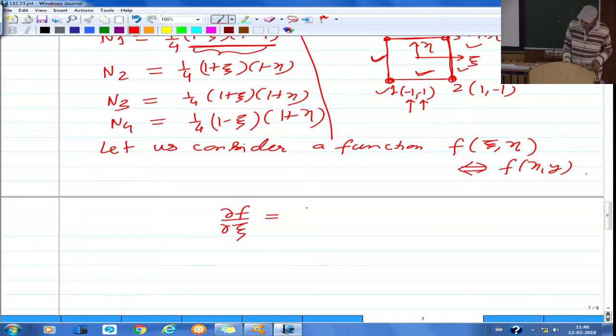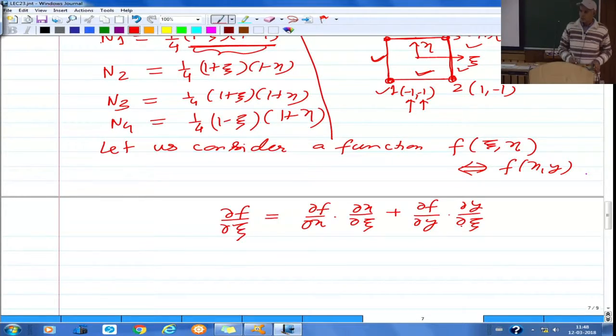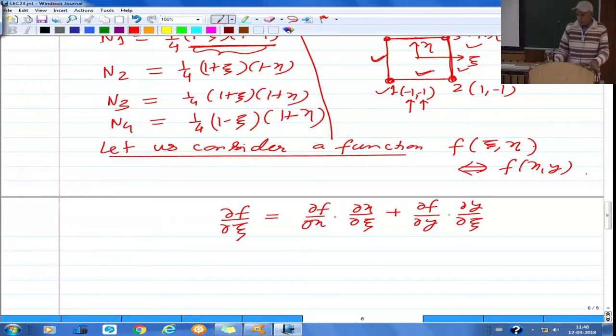So I can also say that derivative of f with respect to x and then the derivative of x with respect to xi, but since xi would also be contained in y, I will have to differentiate with respect to y also. So I can say that this is also plus del f by del y into del y by del xi. So what I am doing is considering a function which is a function of xi and eta. There is a relationship between xi and eta and x, y, so I can also say that it's a function of x, y. Since we want to relate the derivatives with respect to two coordinate sets,